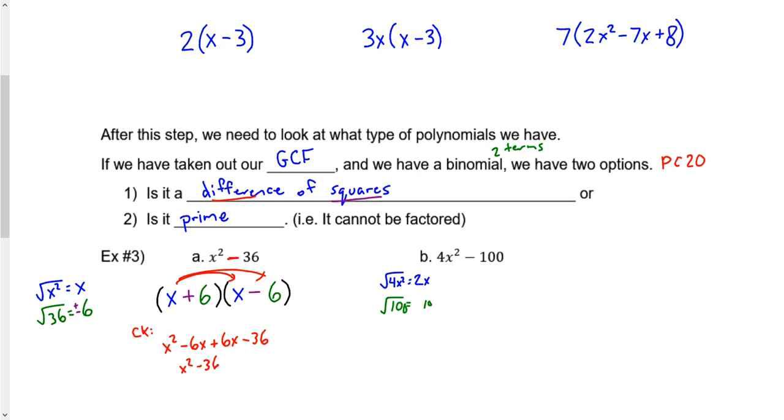It would be 10, positive and negative. So all we'd have to do is put the 2x into the first spot, 2x into the second spot, 10 there, 10 there, make one positive, one negative. It doesn't matter which one, but this answer